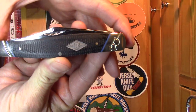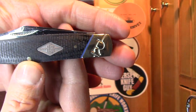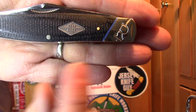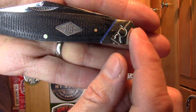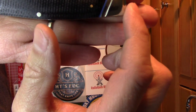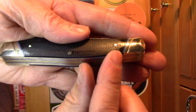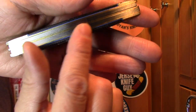Here you go. This is the knife here. This is the RR2214. This one is a Stockman. It has the pewter colored badge or shield. It's got the RT on the bolsters on this side. It's pinched bolsters on each side. Yeah, there. Oops, out of frame. Sorry guys. And yeah, it's got these blue underliners underneath the black micarta, which you can see on the bottom